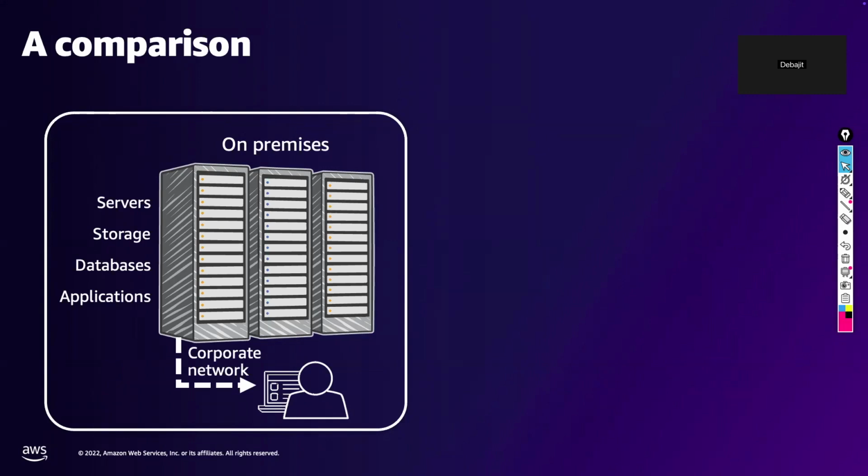So it's a traditional way of working. On my left hand side, you can see this is the on-premise setup. So you have got a bunch of servers, storage, networking, databases, applications, etc. And you or your people are using them over the corporate network, LAN, something like that. No problem. But the main issue here is the scalability, right?